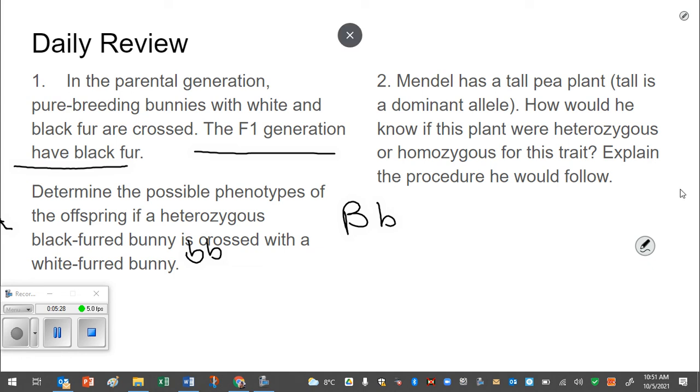Now we'll say this one is out of 2. So if you knew that it was a test cross but maybe didn't quite explain exactly what that was, I would probably give you 1 out of 2. If you explained that you would have to cross it with a homozygous recessive organism and then look at the offspring to see what happened, you've probably got both ideas, and I would probably give you 2 out of 2. And if you're not sure,